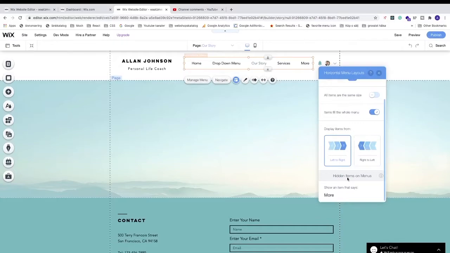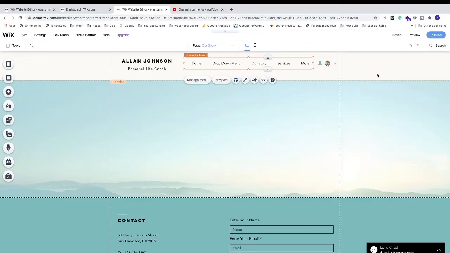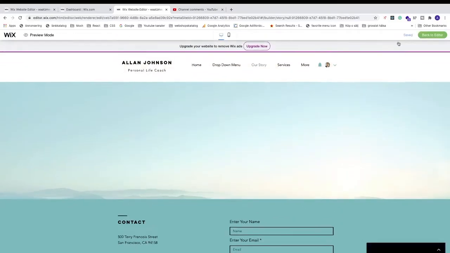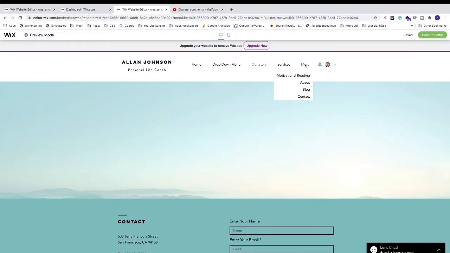Then we're gonna go down to this one. Hidden items on menu. So this one, more. That means we have more items in this menu. And when the visitors click on that, they will show the rest of the items. So if I close this one, go to preview, and hover over more, we can see the rest of the items in this menu, like so. So go back to editor,